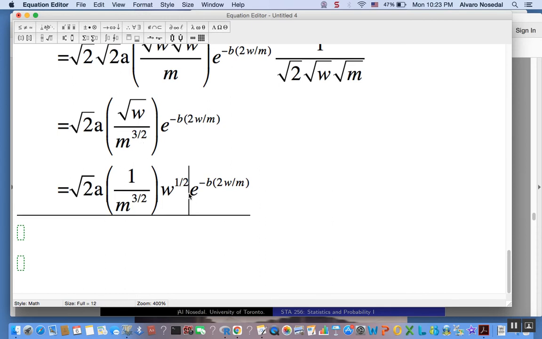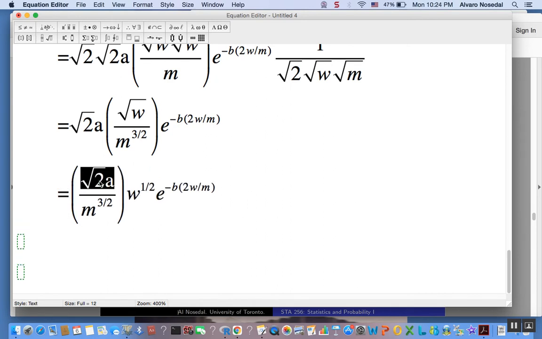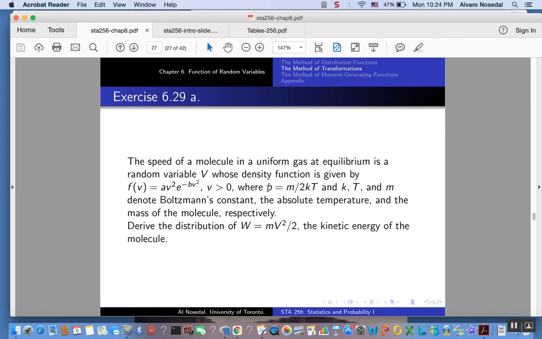Okay. Now that one I like. Let's leave this guy. We could combine these two, then have that as our constant, and then finally let me just use something that we have from the problem. Okay, so note that b equals m divided by 2 times k times t. Okay, so using that,